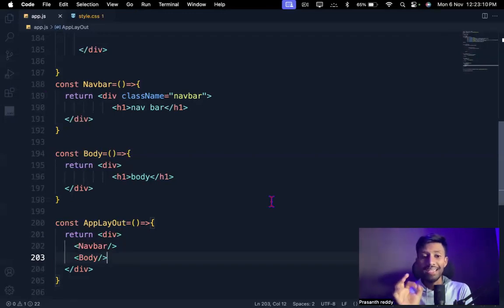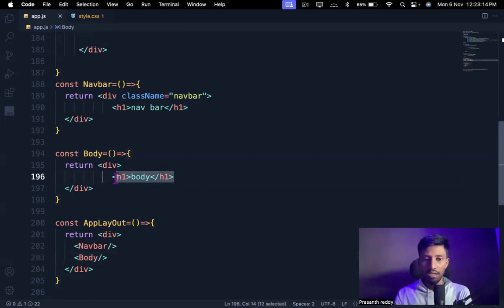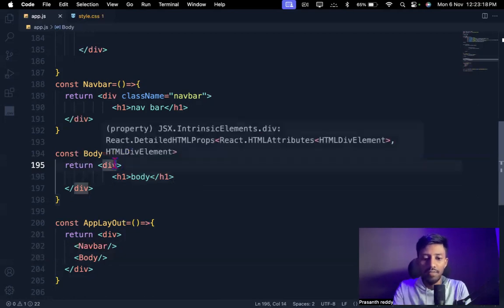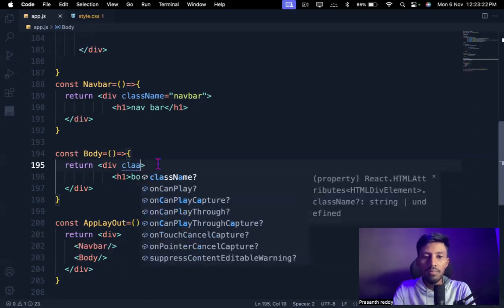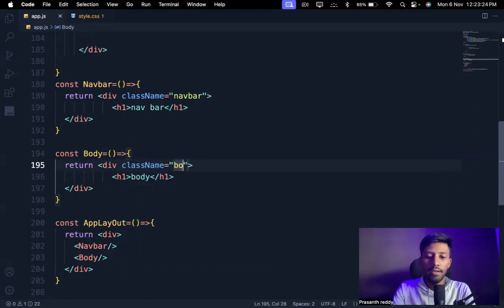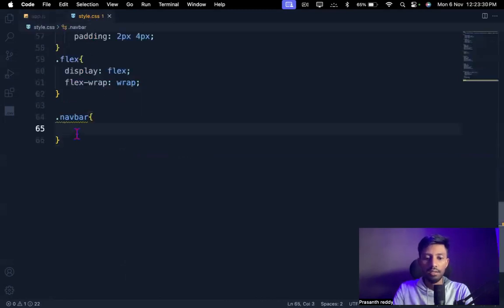Now, what is the next step, my dear friends? Currently inside the body, let's create one class for this. Class name body. Let's copy it and paste it inside the style.css.